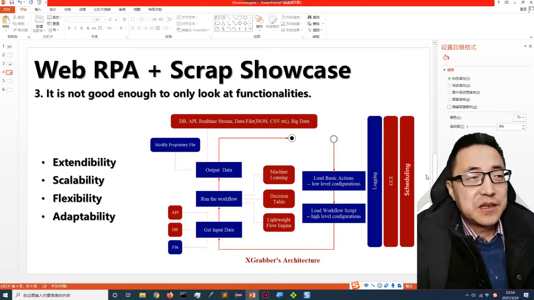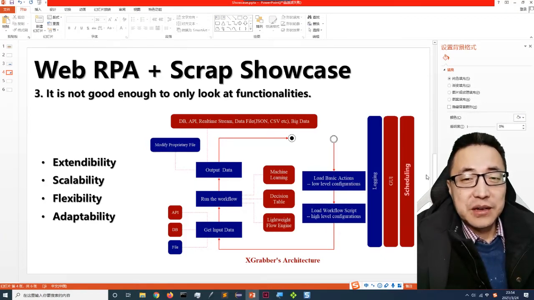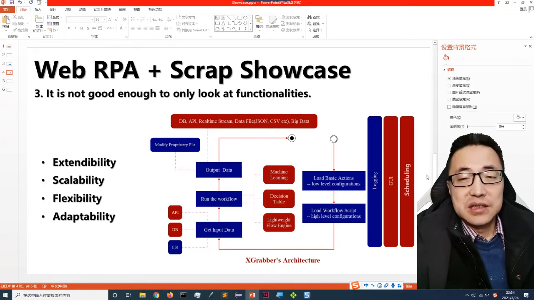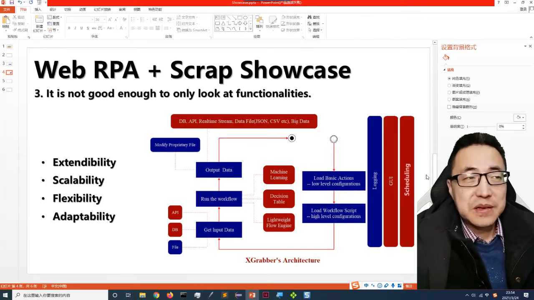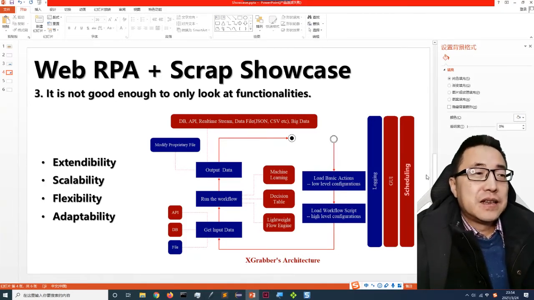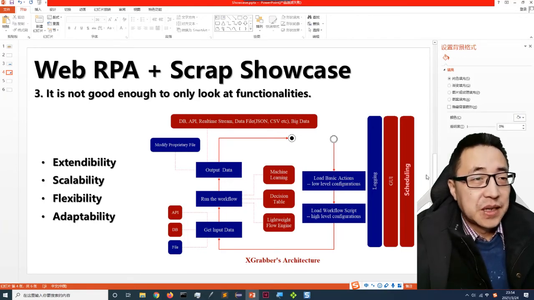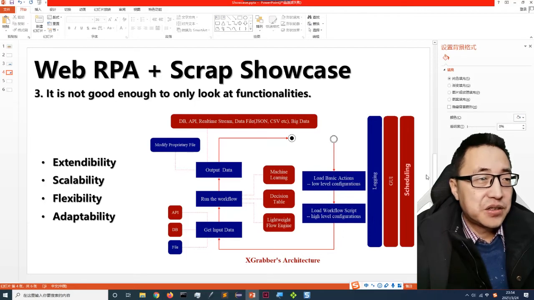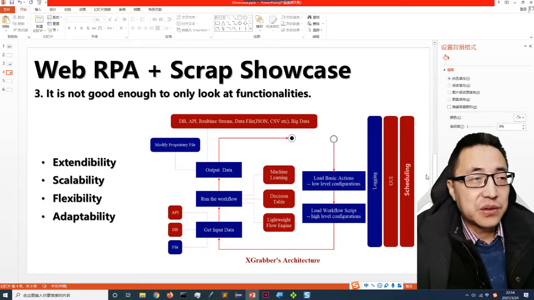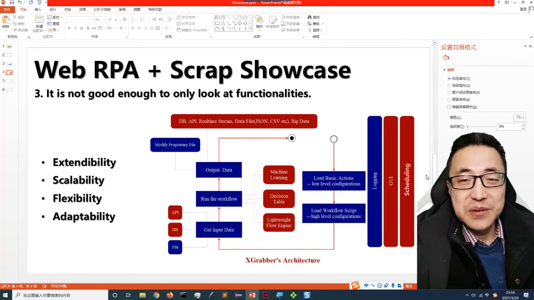More commonly, it will output the data into some structured file like CSV or JSON, or flow the data into databases, even to big data stuff or real-time stream computation stuff, right? That's also possible. One thing I'd like to mention is that all the red blocks are not implemented yet,